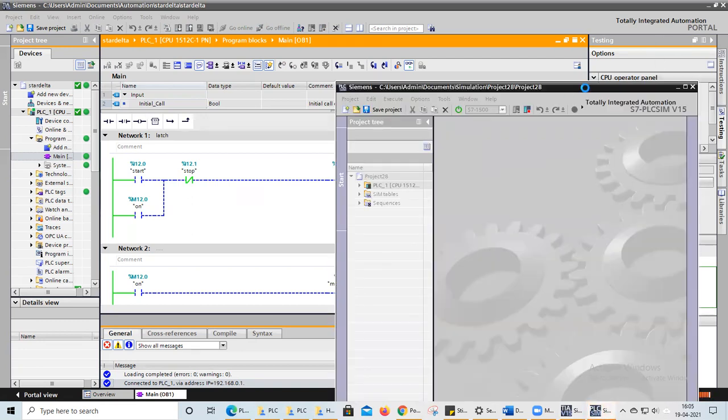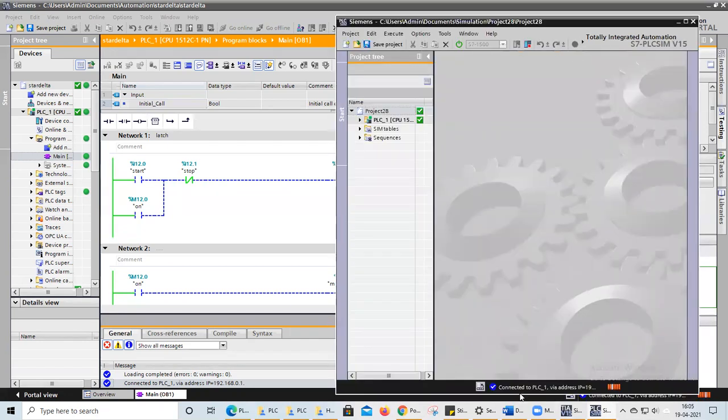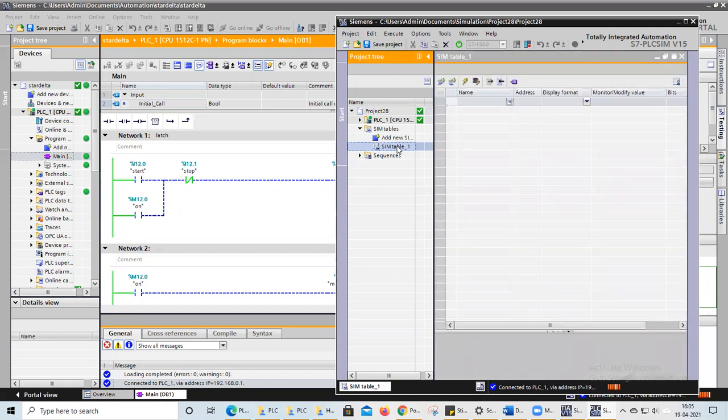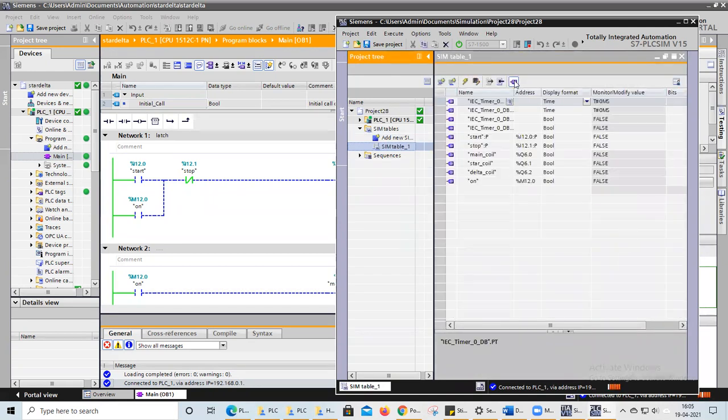Yes. Okay. Now it is connected to our PLC. Go for the sim tables and click on sim table one. Now load the project tags. Okay. This is regarding our tags.